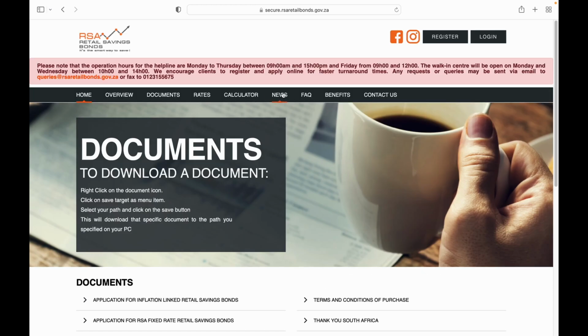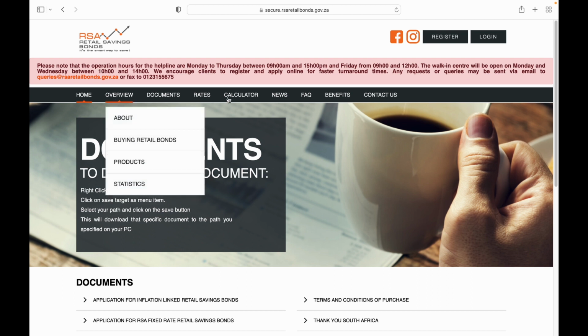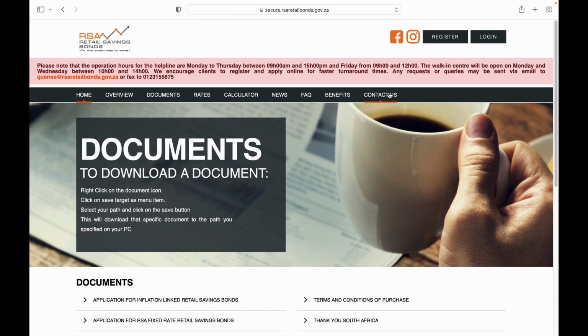Back in the day, I used to know that you can buy the bonds either by going to the Treasury, depending on where you live. If you live in Pretoria it is closer, you can just go to the National Treasury. But some people say that they can buy them at Pick n Pay. You can also buy them at the post office. That's if you can find a post office that still works. But that's the information that I wanted to share with you today.